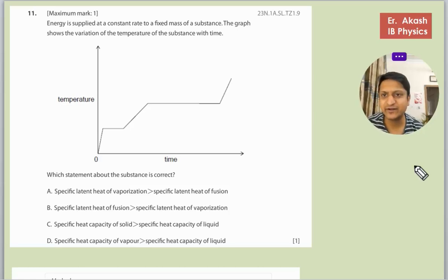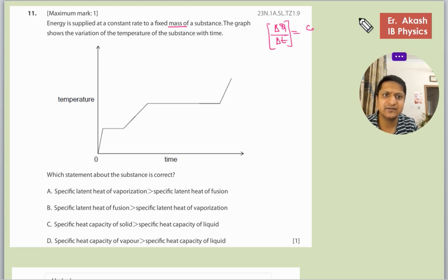Friends, how are you? So there's another question, and the question says that energy is supplied at a constant rate to a fixed mass of substance. The graph shows the variation of temperature of the substance with time. So basically, they have given that delta Q by delta T is constant,